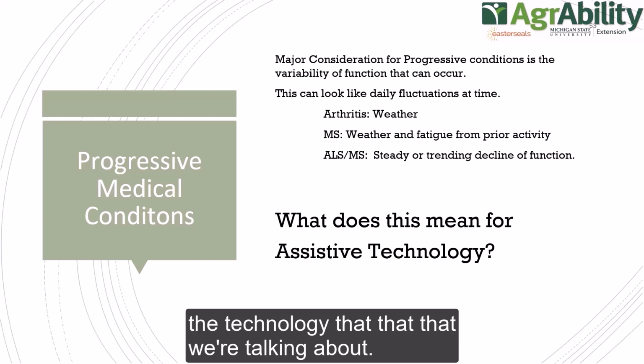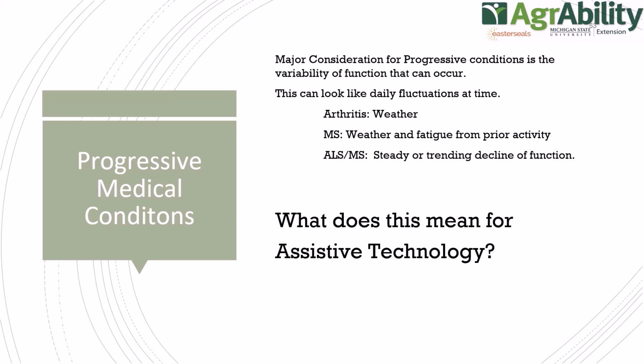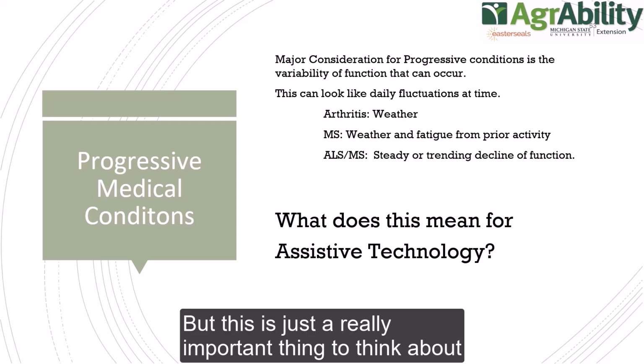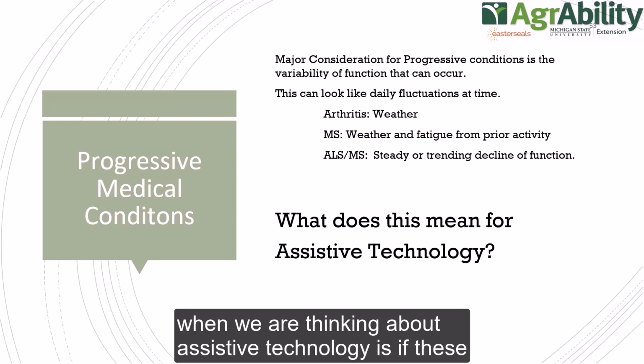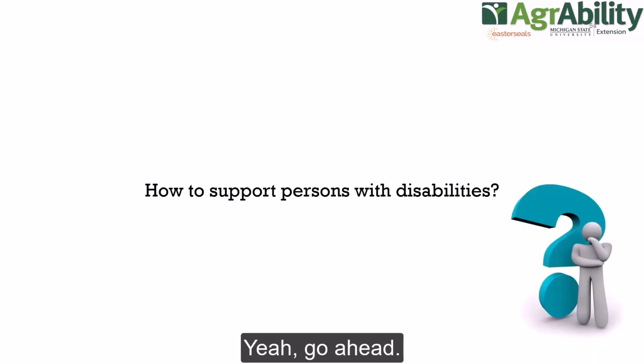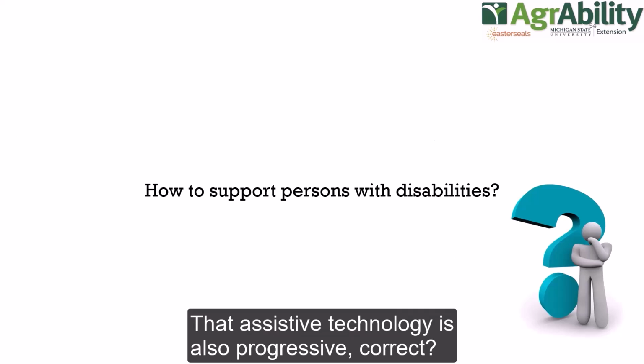Yeah, there's a lot of different programs that do the technology that we're talking about. But this is just a really important thing to think about when we are thinking about assistive technology, if these are progressing. Yeah, go ahead. Another comment. That assistive technology is also progressive. Correct. So the things, yeah,